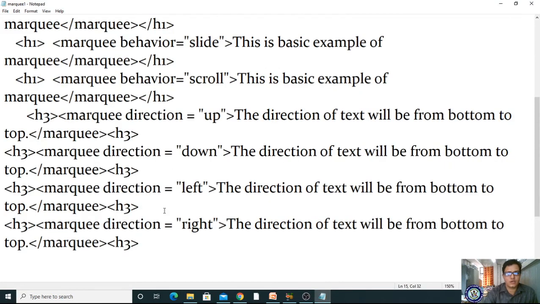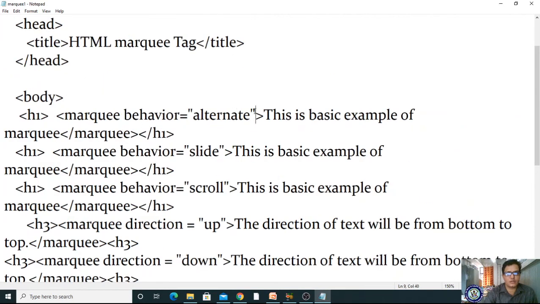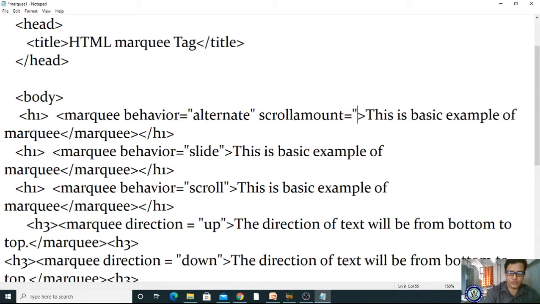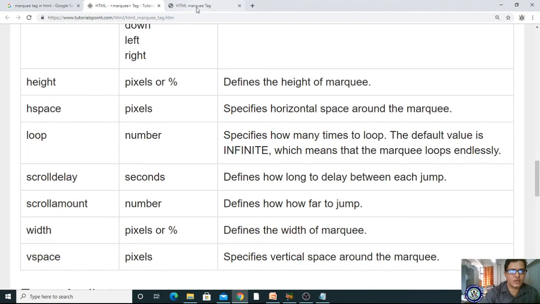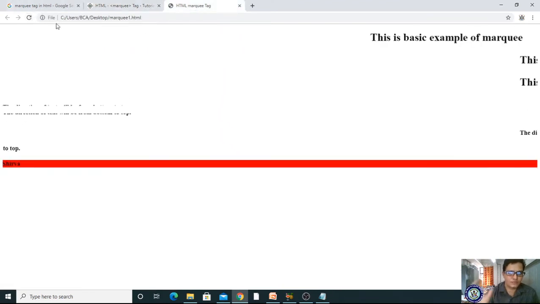Okay, I'm taking here, it is a slide, right? I'm taking alternate, scroll amount equal to 5. I will give it as 5. Let me check what will happen. Okay, I'm saving, coming here, and I'm refreshing.